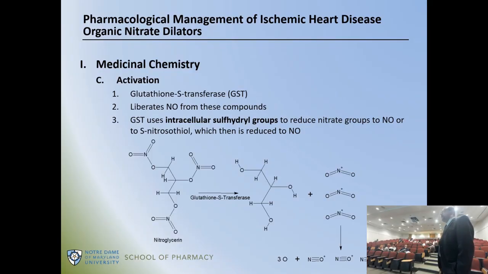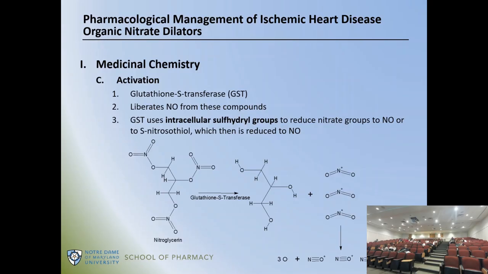And what you end up with here is the nitroglycerin molecule that has donated its nitrate groups, 1, 2, 3. And these nitrate groups are unstable and will break down into oxygen-free radicals here and nitric oxide here. So this is a spontaneous reaction. This is an enzymatic reaction that occurs first, okay? Glutathione S transferase